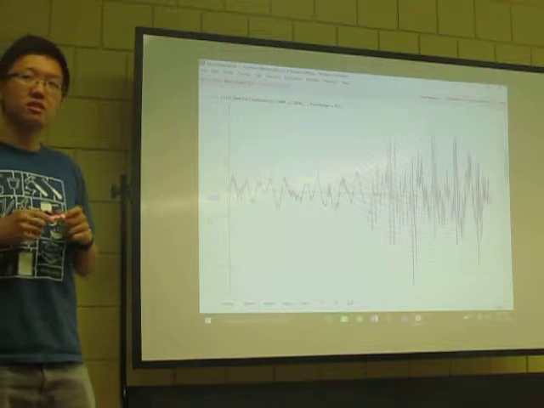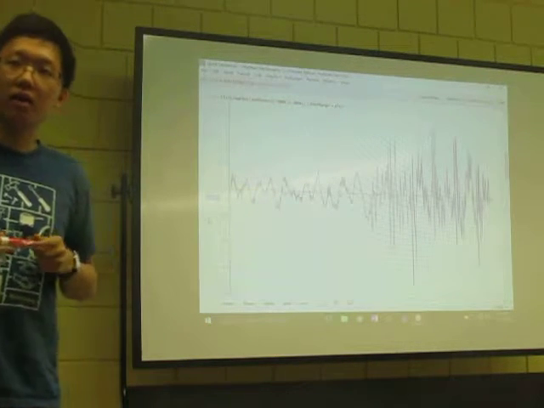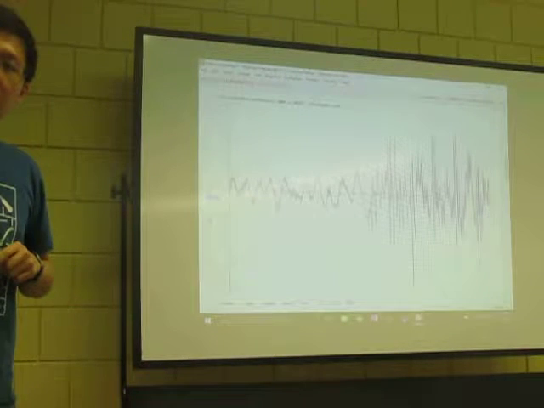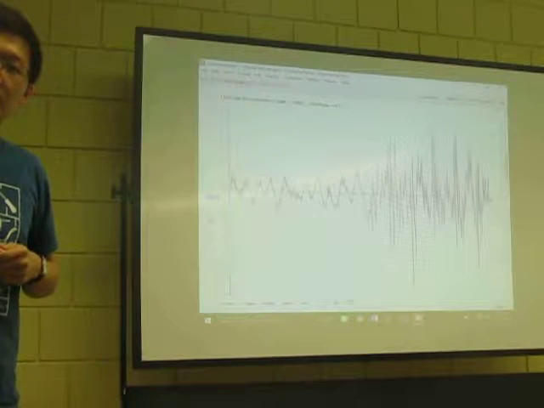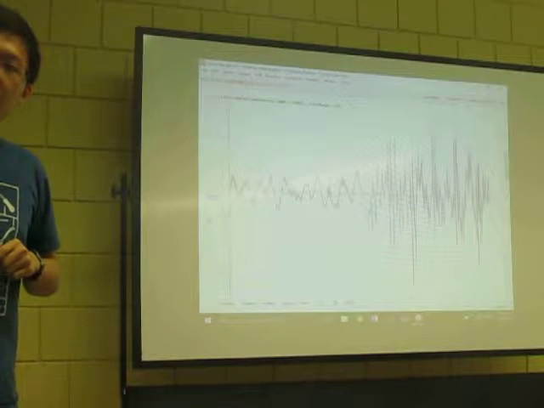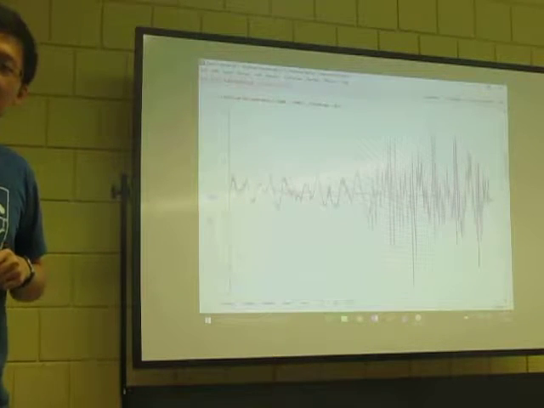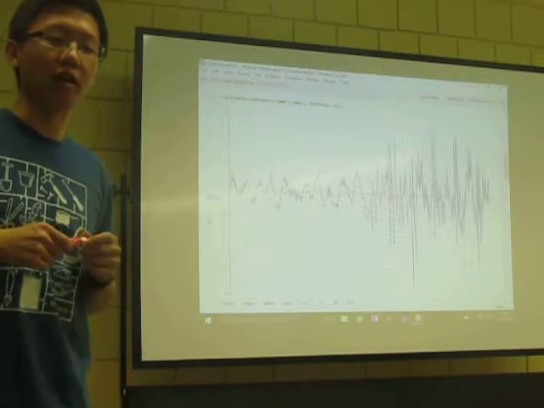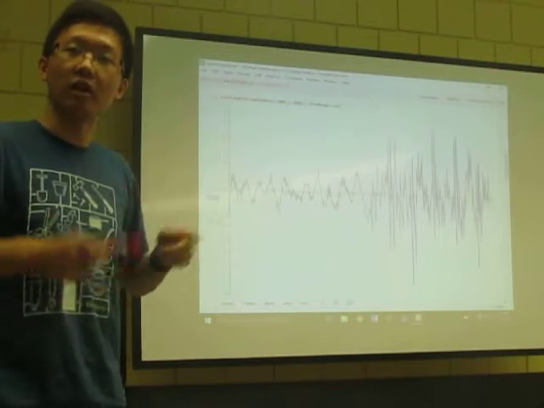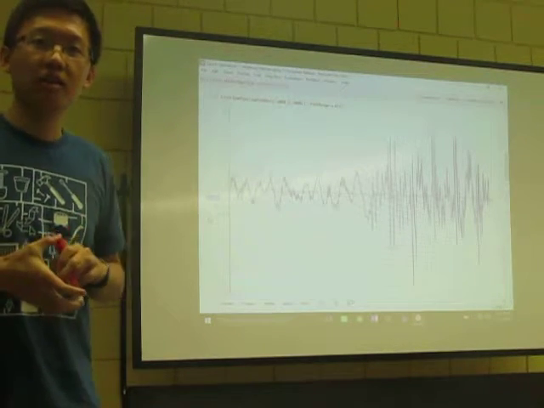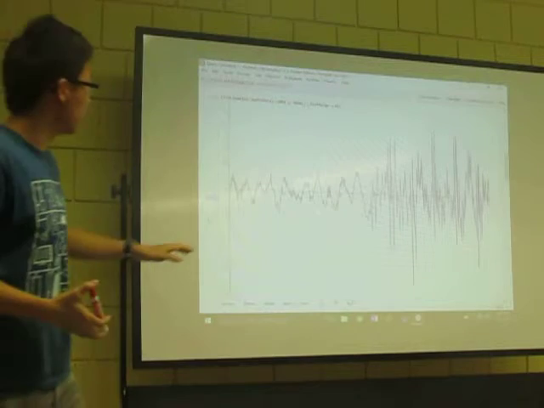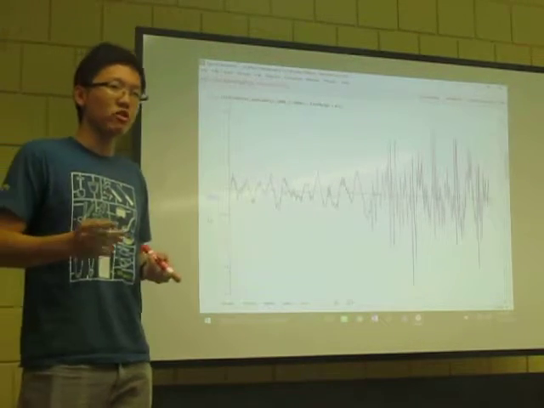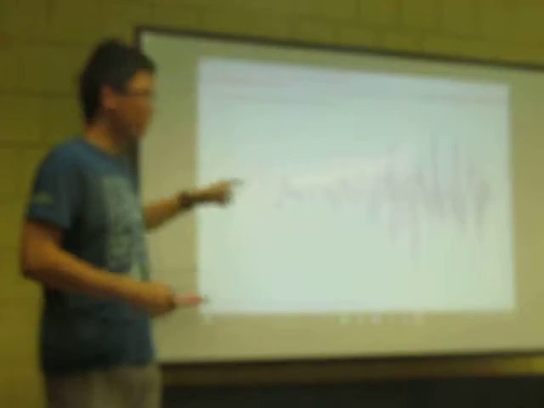Someone who hasn't talked. Yeah. When it's closer to the end, it goes higher up and down, which means that there's more of a change in the amplitude. Yeah, exactly. Do you know what the word is for exactly how fast it goes up and down? Yeah, frequency. Exactly. So frequency is measured per second, and it measures pretty much how quickly it travels up